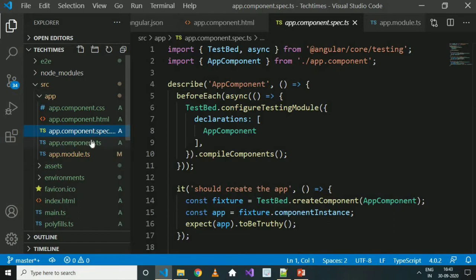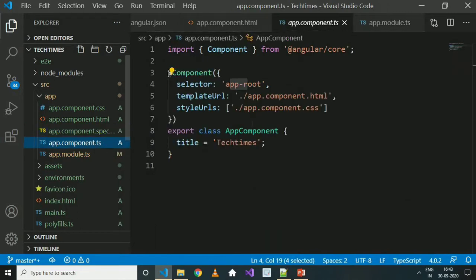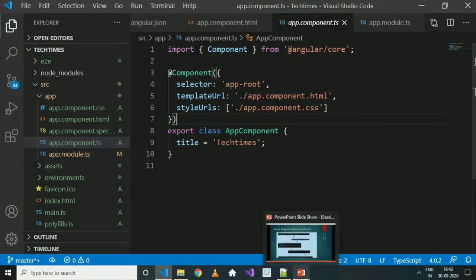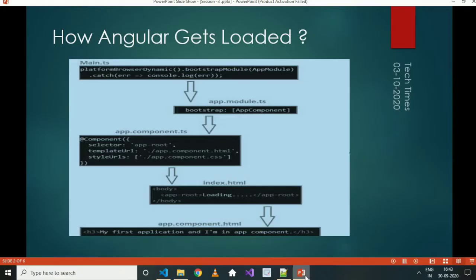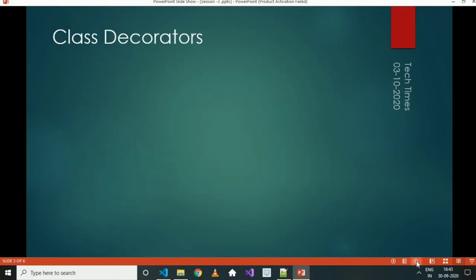The next file is the app.component.ts file. In order to understand this file, we need to go back to our slides for better understanding. You can see that there are 2 types of class decorators mentioned over here. First is component, another one is ng-module. ng-module we will cover in the module.ts file section. Let's first focus on the component decorator.